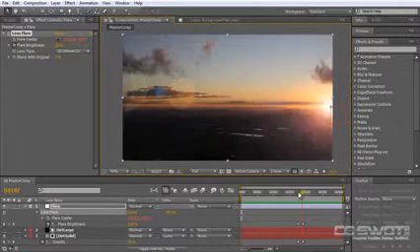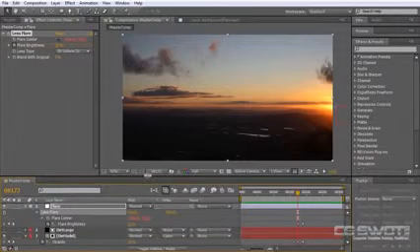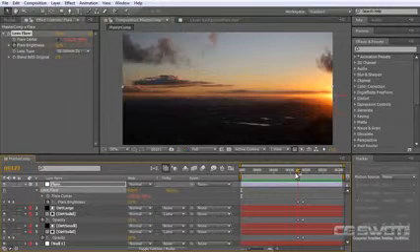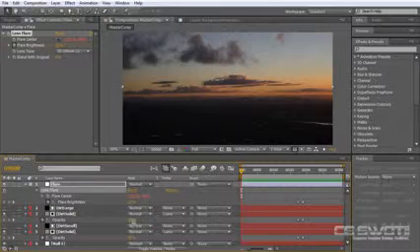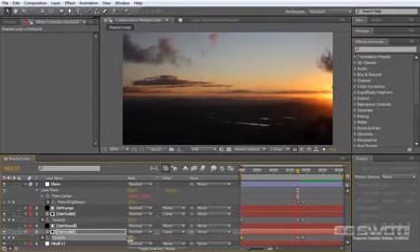So it's looking not too bad, but I think what I'd like to do is have the dirt actually start to get brighter as the camera comes across the scene. So if we just come back to this keyframe here, you'll see that the opacity is 30 and 20. So I'm going to go back to frame 0, and instead of 20, I might just click on a keyframe for 20 and 30 there, but when we get to here, I'm going